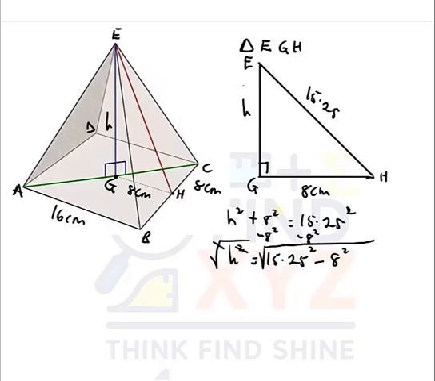Just like when you get COVID, you take a vaccine. When you see root, you bring the square root. That cures the disease of square. So I have h is equal to the square root of 15.25 squared minus h squared, and that will give us